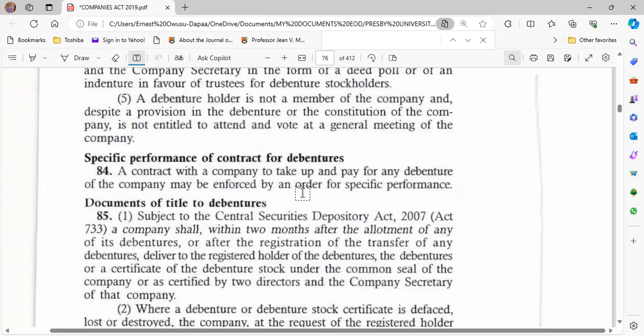So the company has actually entered into discussion with you for you to give money to the company in the form of a loan, capital, a debenture. And after everything is done, you become not forthcoming, you are no longer interested, the company can go to court and specifically perform the contract so that the court will compel you to honor the obligations that you have undertaken.